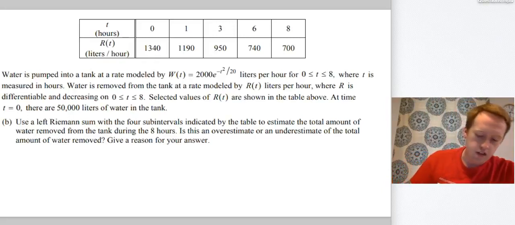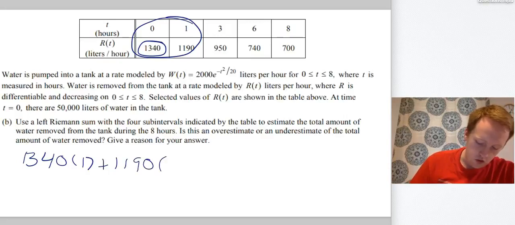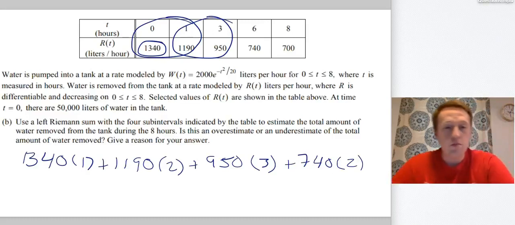So the first thing I see is here's my first subinterval. I'm going to use the 1340 times the width of the interval, which is 1, plus 1190 times the width of the interval, which is 2, right, because this next interval. Now I'm going to do 950 times the width of the interval, 3, plus 740 times 2. So there's my